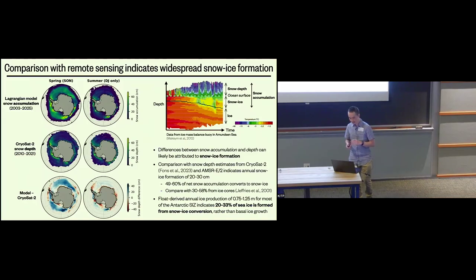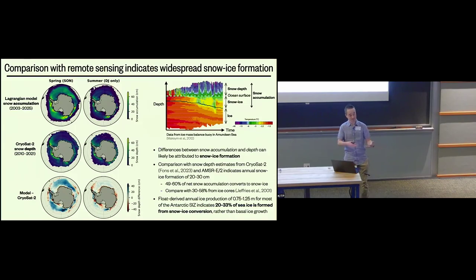And to explain that, I want to talk about this example of temperature data from an ice mass balance buoy in the Amundsen Sea. It's plotted as time versus depth, and that horizontal dashed line represents the ocean surface here. So what this illustrates is this typical Antarctic situation of so much snow accumulating on sea ice that the combined ice-snow column gets pushed downwards in the water from isostatic adjustment. Some of that snow becomes flooded, it freezes, converting into what's known as snow ice. And so a satellite radar altimeter like CryoSat-2, whose pulses are mostly reflected from that boundary between snow and ice,